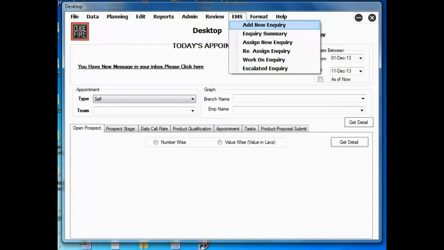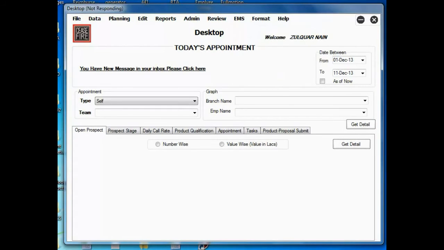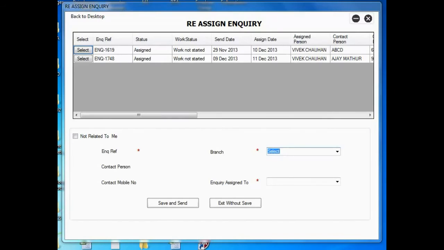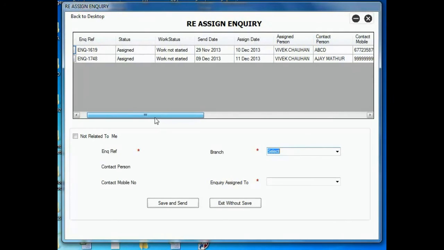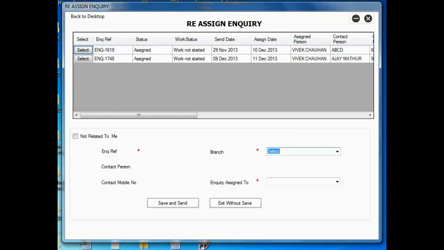So you see this tab here. It will take me to this section where I have two inquiries sitting here, which I can reassign. As I explained earlier, one can only reassign those inquiries on which work has not started yet. Now the moment work starts on a particular inquiry, that inquiry belongs to that person, and it gets logged